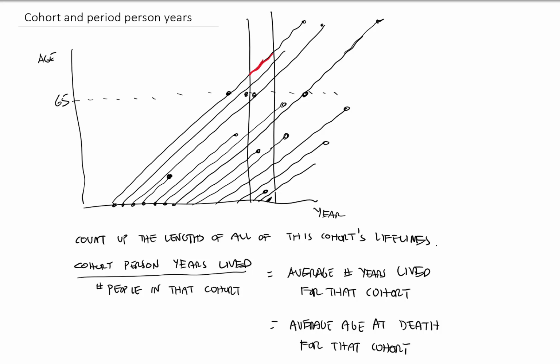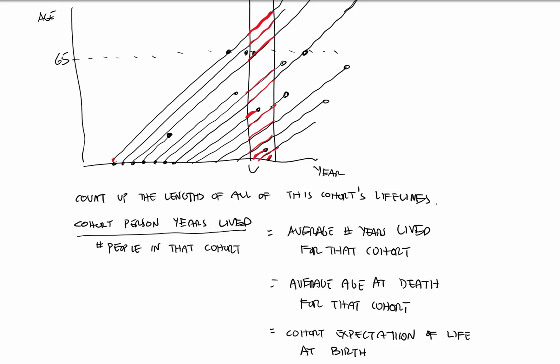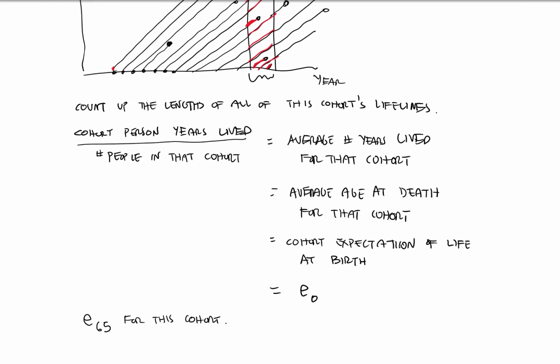This person was born back here, lived all of his life through, died out here. That person lived all the way through that period. So did this person. This person only lived that much. This person lived this much, and this person lived this much. All the rest of these people lived all the way through this period. What we can do is add up all of the lengths of the lines in that period, and that's something that we call the period